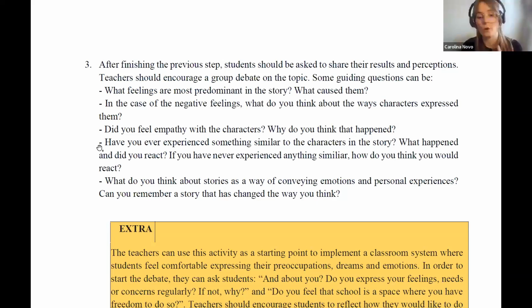Have you ever felt something similar to the characters in the story? Why? This can also help them develop their emotional intelligence and express themselves better, and understand how important communication is to talk with others. So we have here a little tip.